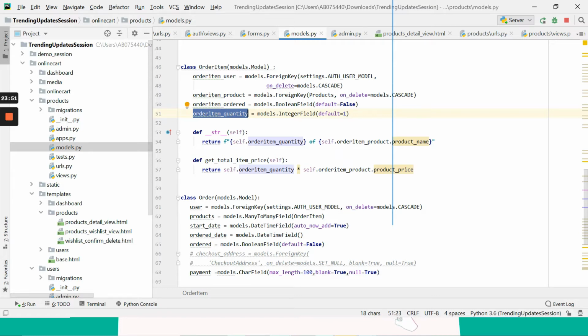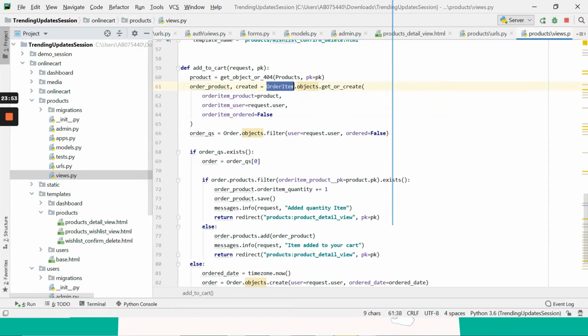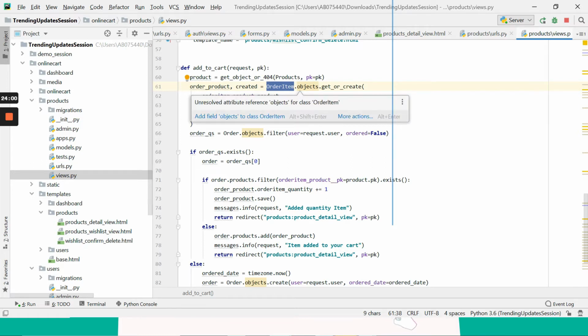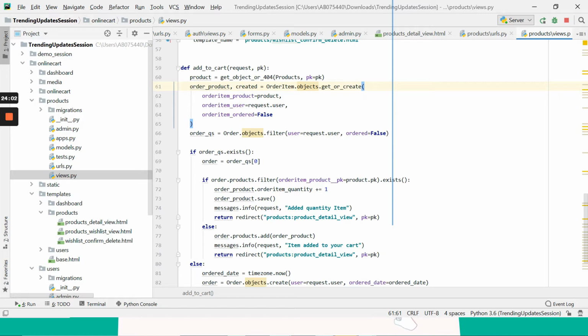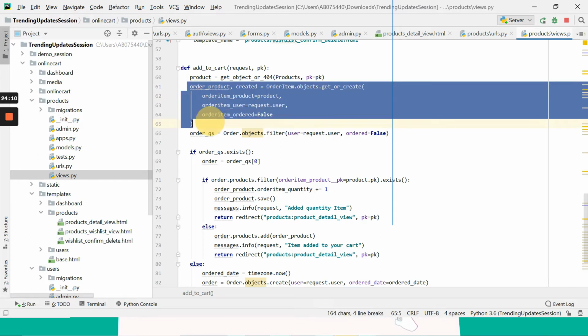So inside the views, what this code means is it will either create a new object if it is not present, or it will simply get that object for us.